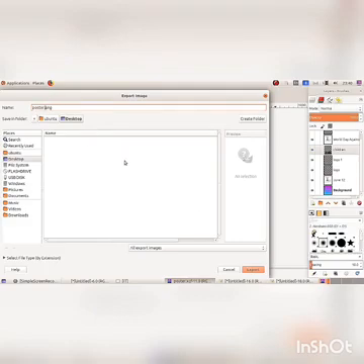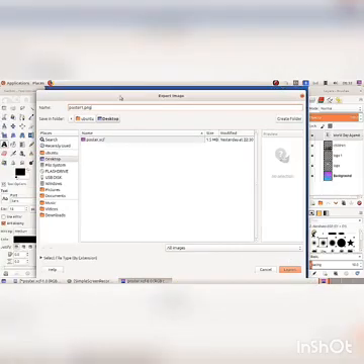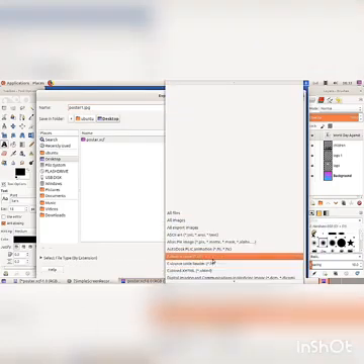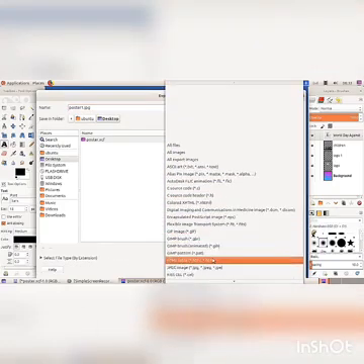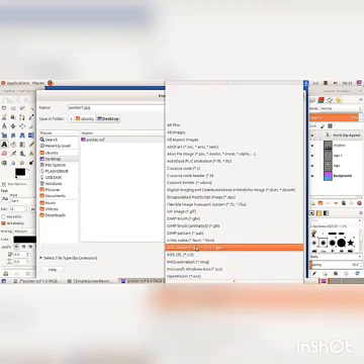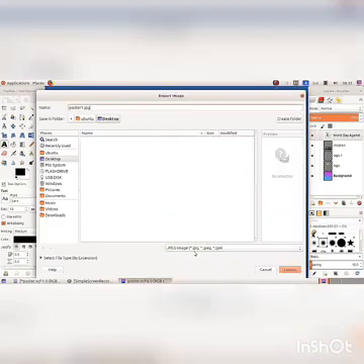Then type poster1.jpg and change the file type, file format, into JPG image. Then click on the Export button.